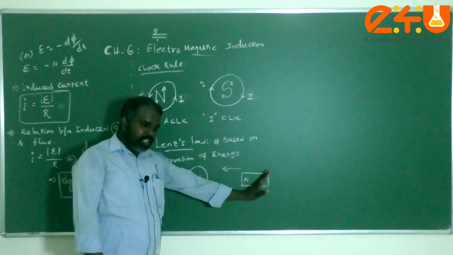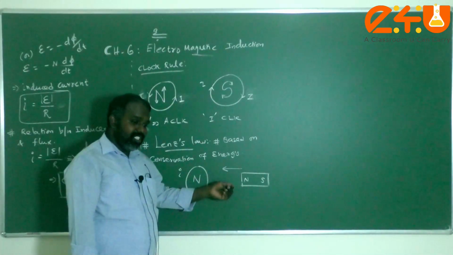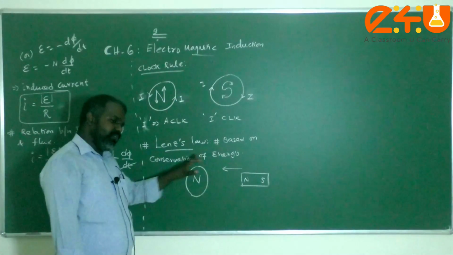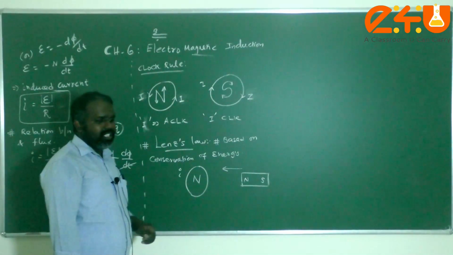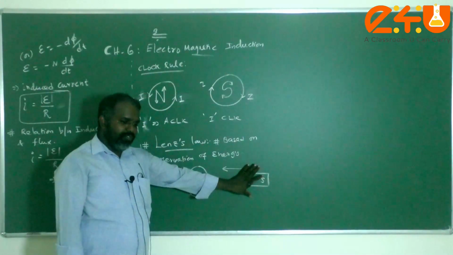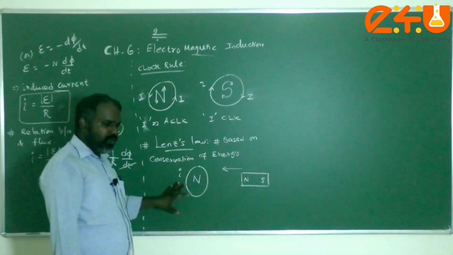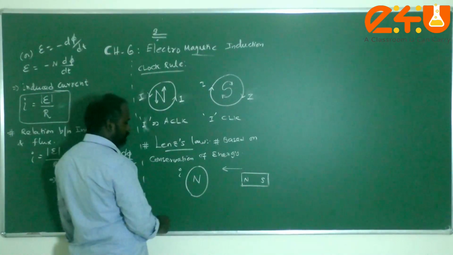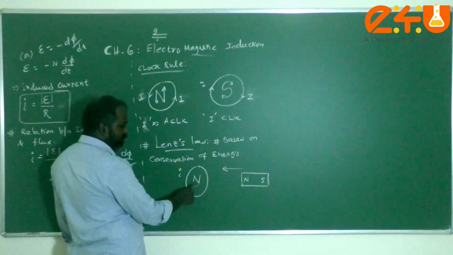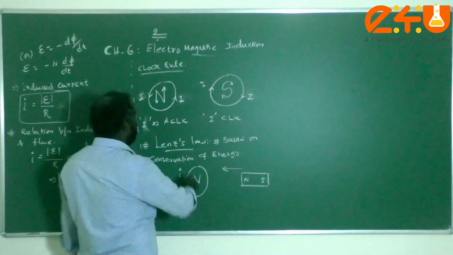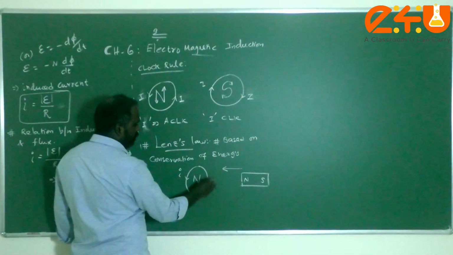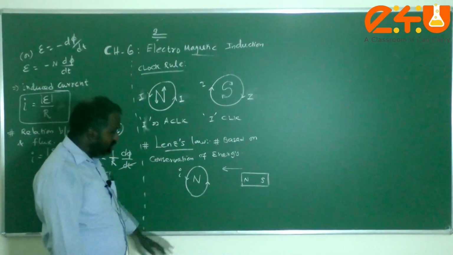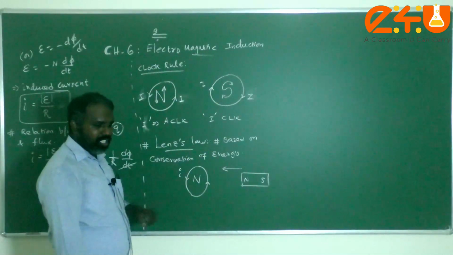That external work done is stored as mechanical energy, and that will be converted into induced current, and that will be converted into what? Electrical energy. That means one form of energy, mechanical energy, is converted into another form, electrical energy. So this is what Lenz's law says. Now please see that if this side should act as a north pole, it means the current induced in the coil should flow in the anti-clockwise direction. Anti-clockwise what, children? Direction. This is the information given by Lenz's law.